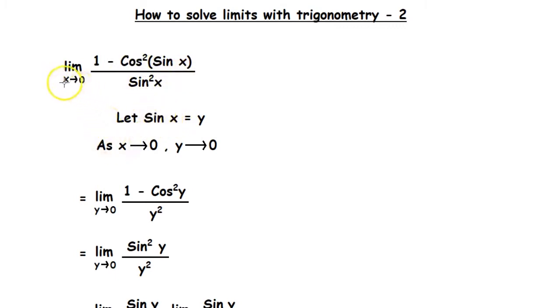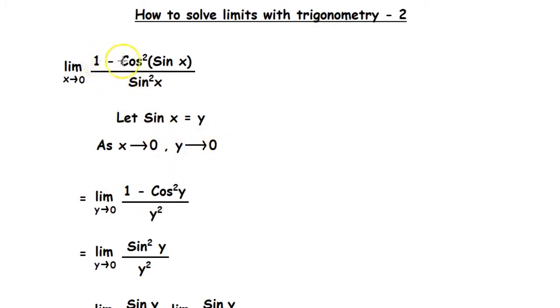So then we have to look at this value as well. So as x tends to 0, y will also tend to 0 because sine 0 is equal to 0. So when we substitute 0 here, we get sine 0. So y also becomes 0. So this part will become y tends to 0.